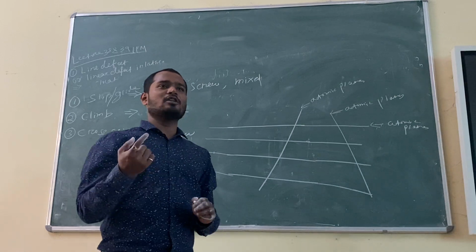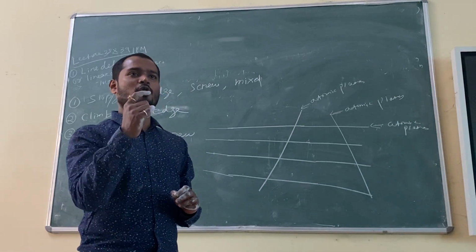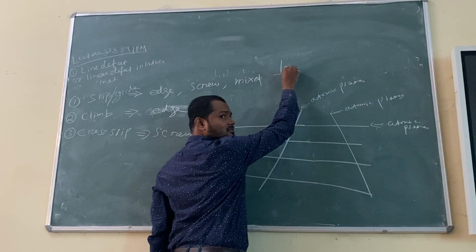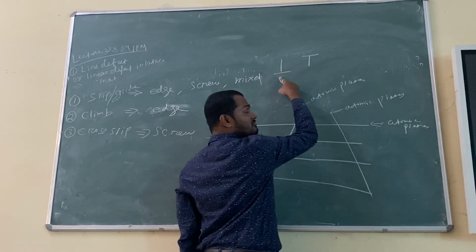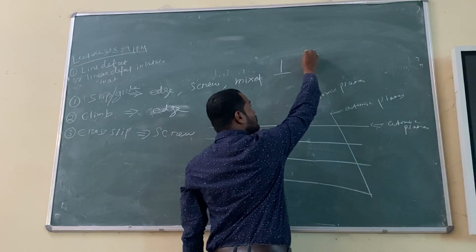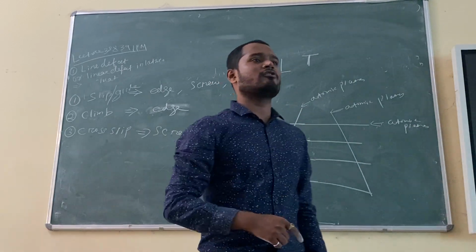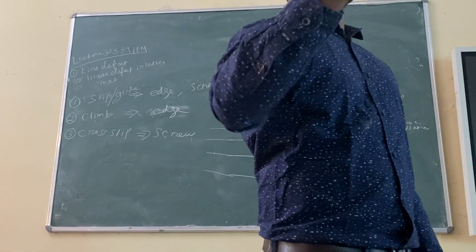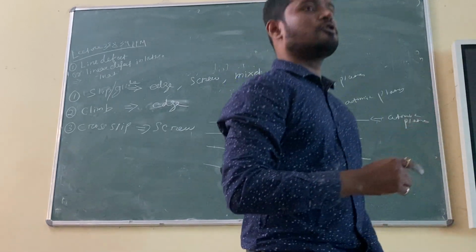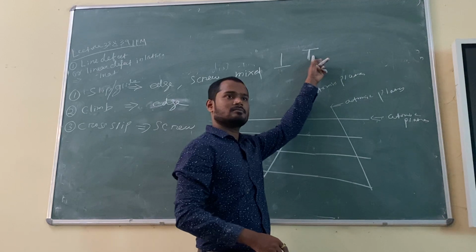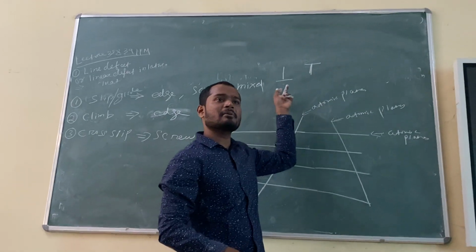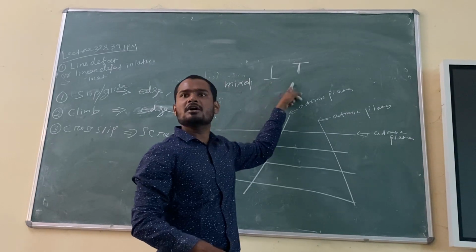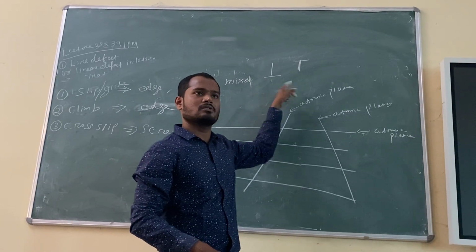And okay, fine. Let me tell you how you can show an edge dislocation. Edge dislocation can be shown by this inverted T or this T. You can correlate with the extra half plane of atoms. Just have a look. If your extra half plane of atoms is on the top, it will be like this, right? If the extra half plane of atoms is at the bottom of the plane, it will be like this. T and inverted T. These are the representation of edge dislocations, right?